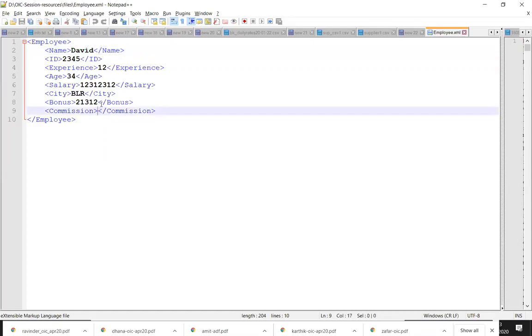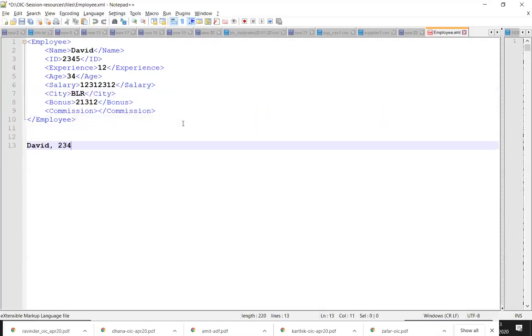If you want to compare this with your database, a table has one record, and you have different fields in that, something similar to that. This is each field, and then you have the data. So why do we need XML? Can't I just send it like this? Can't I represent this whole thing like this? I can, right? I can represent it like this also. This also you can say is an employee record. There is no problem. But there is one limitation with this.